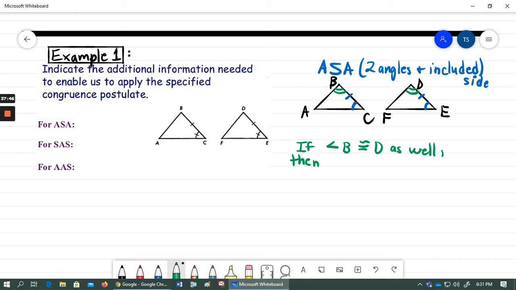Anyway, if this particular information was also true, and you can see what the original diagram looked like right here, then and only then could you say that those two triangles were congruent by the angle side angle congruency. And triangle ABC would be congruent to triangle